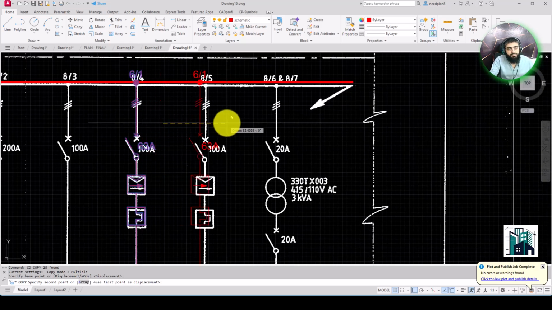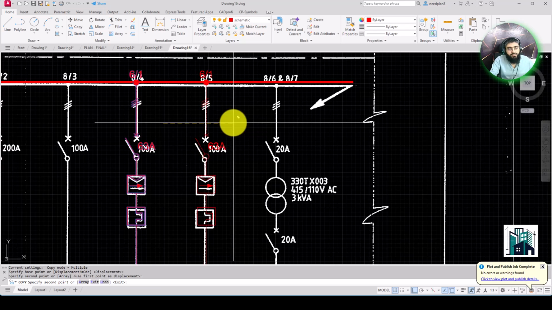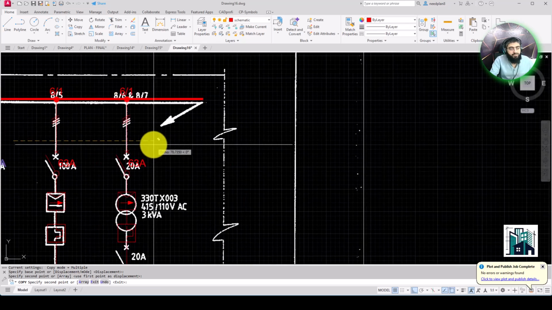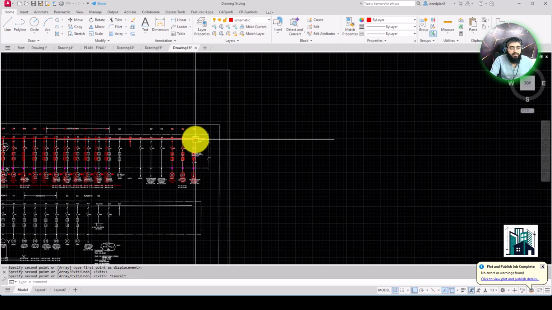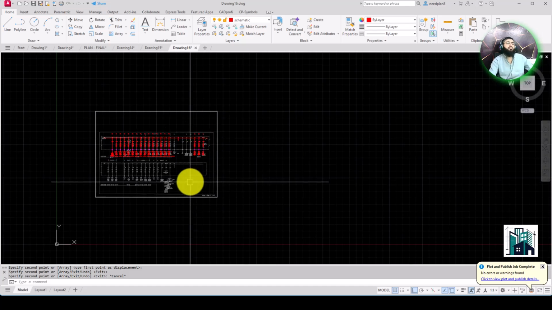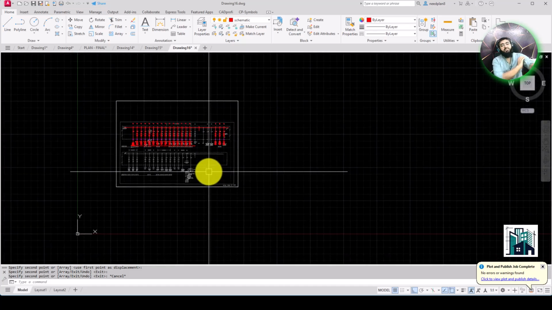These are random. I'm just going to click as per the lines we have on that. We are just recreating. We are not giving the proper dimensions. If we are not giving the proper dimensions, that will not be a suitable way to make the schematic. The proper symmetry should be placed in the drawing.